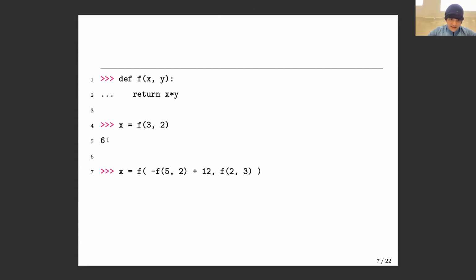Actually, this may be a typo. Let's just go in and check. So I'm going to define a function foo, x and y, with 4 spaces, return x times y. So I can do stuff like this, right? 3 times 19. And I can also say x is equal to foo(3, 19).